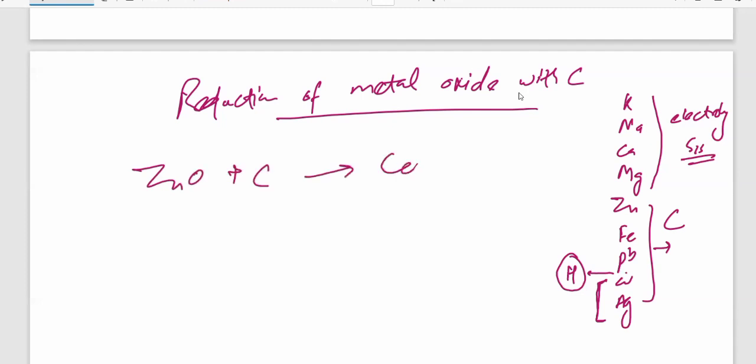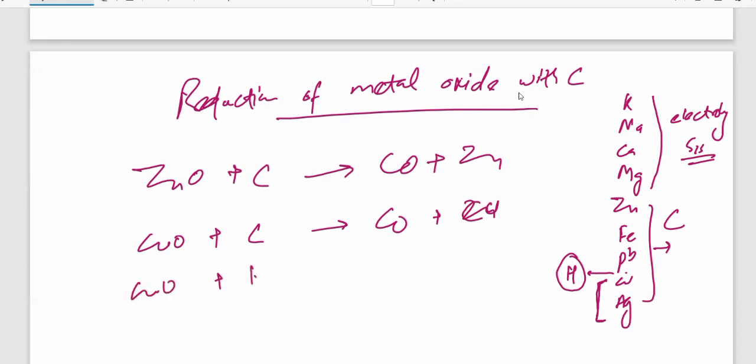तो अगर आप जिंक ऑक्साइड लिखते हैं और साथ कार्बन लेते हैं, तो कार्बन मोनोऑक्साइड और साथ जिंक बन जाएगा, but it will be very hard. लेकिन अगर आप कॉपर ऑक्साइड लेते हैं, या लेड ऑक्साइड लेते हैं, तो उसके साथ it will be easier, ठीक है। कार्बन ऑक्साइड और साथ कॉपर बन गया।